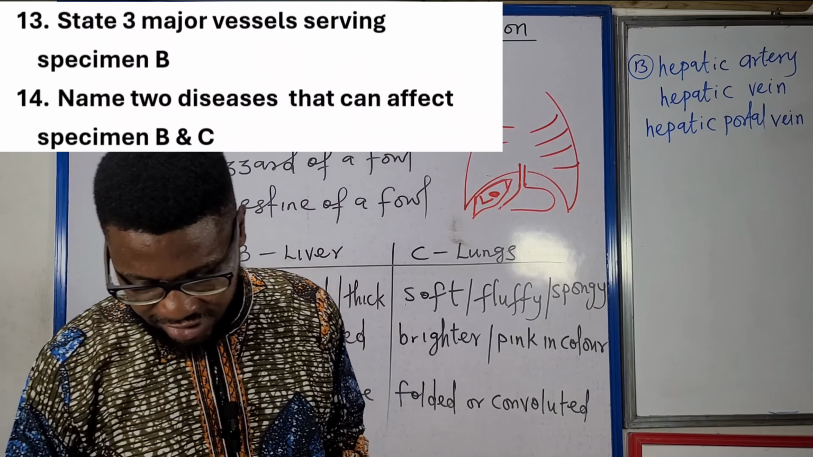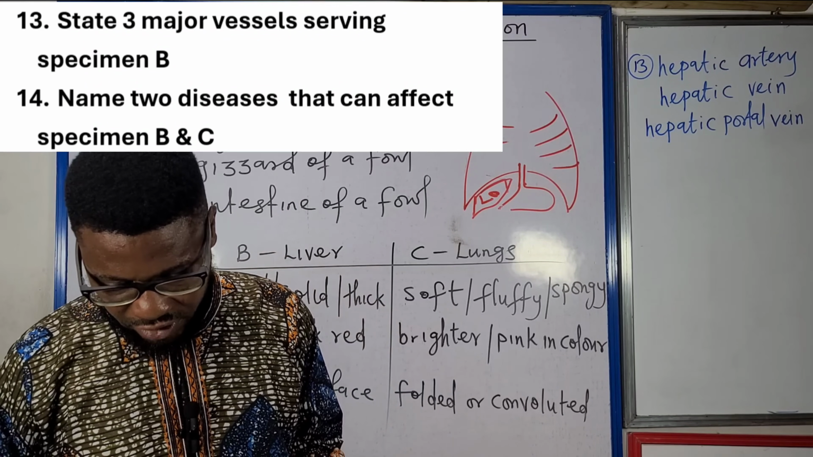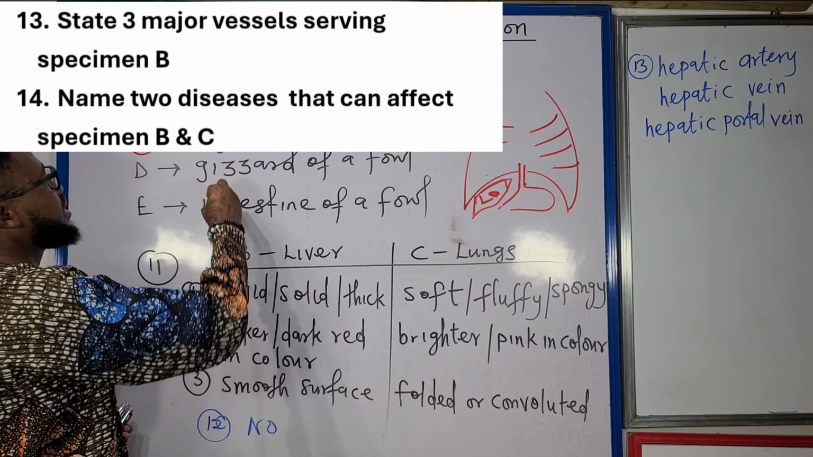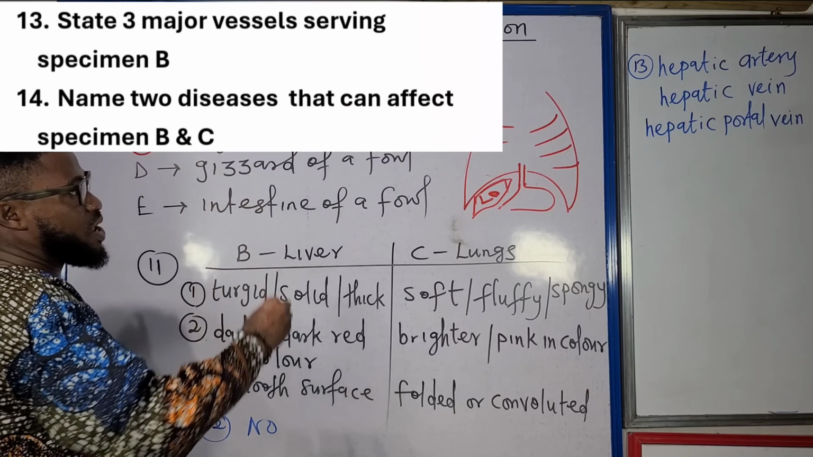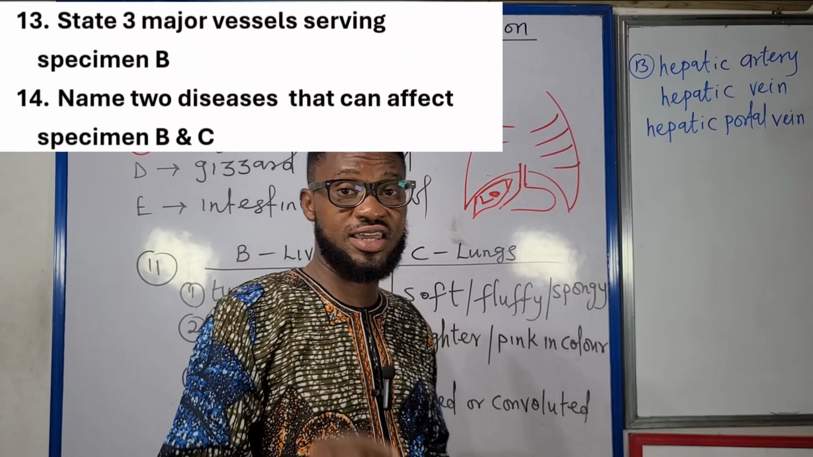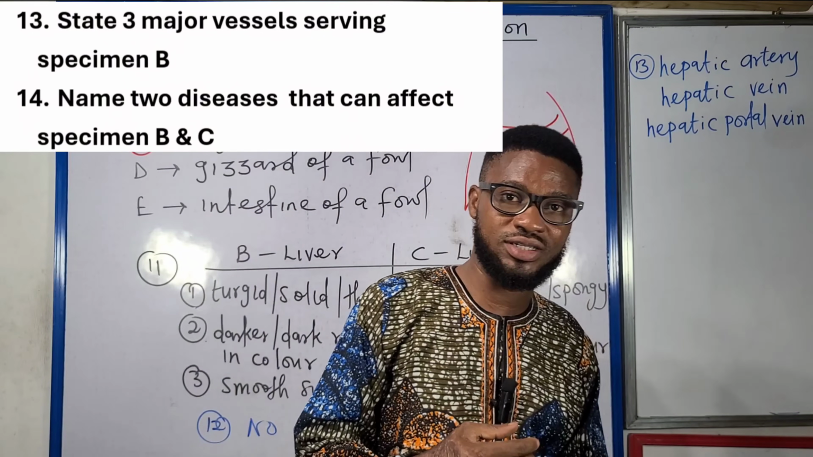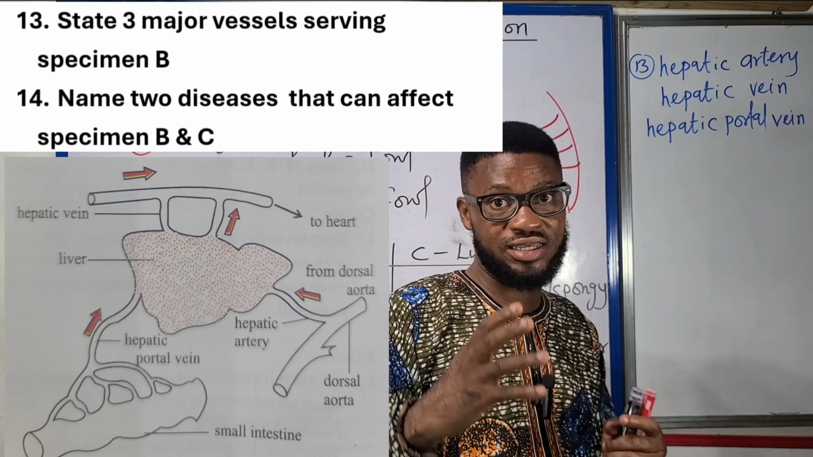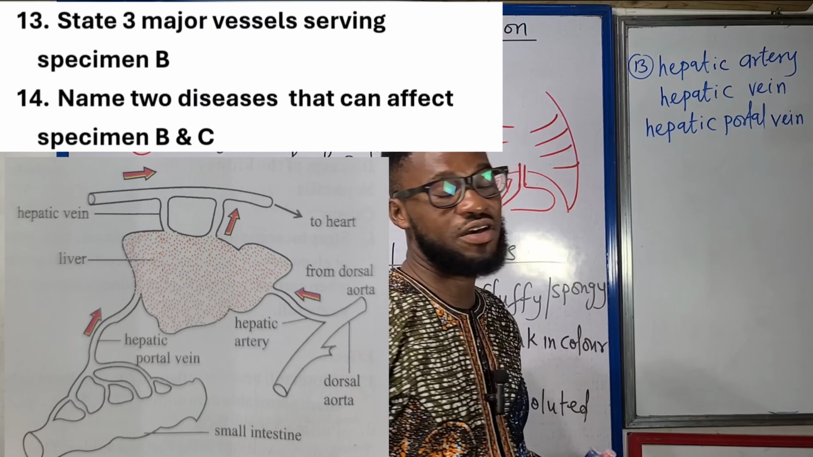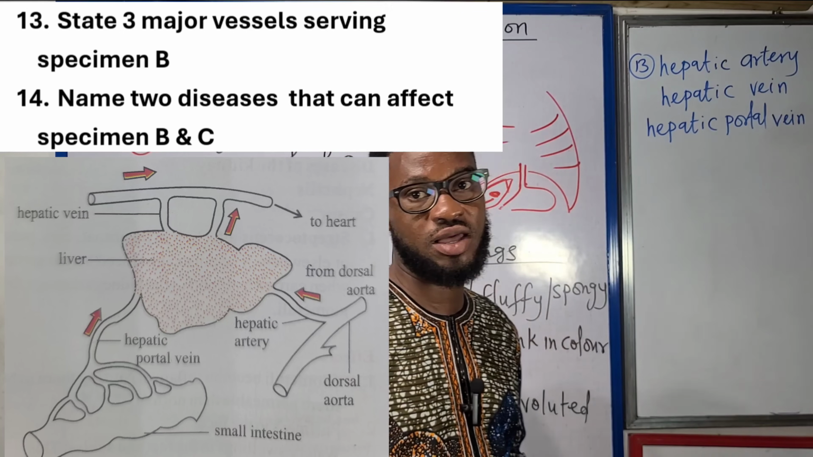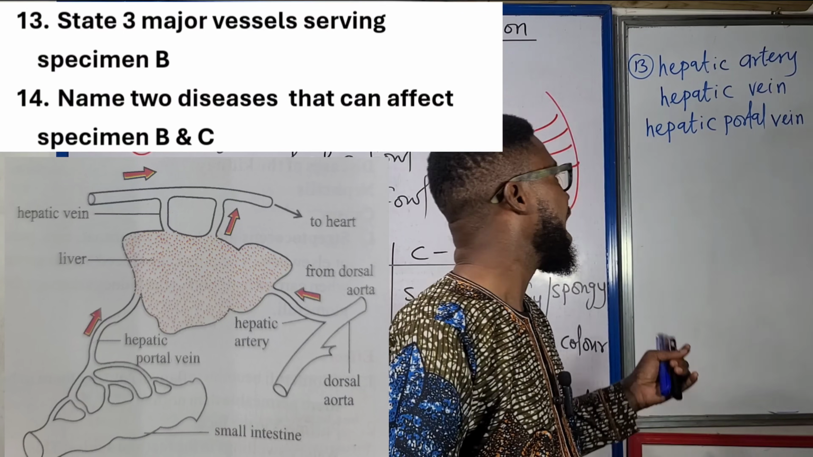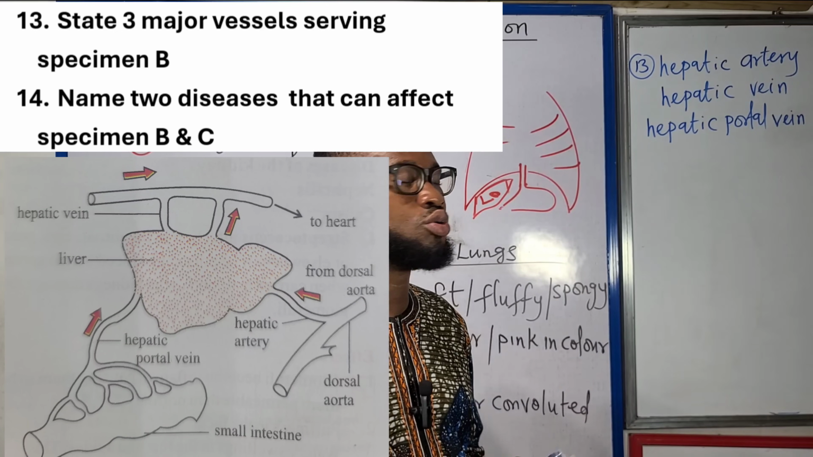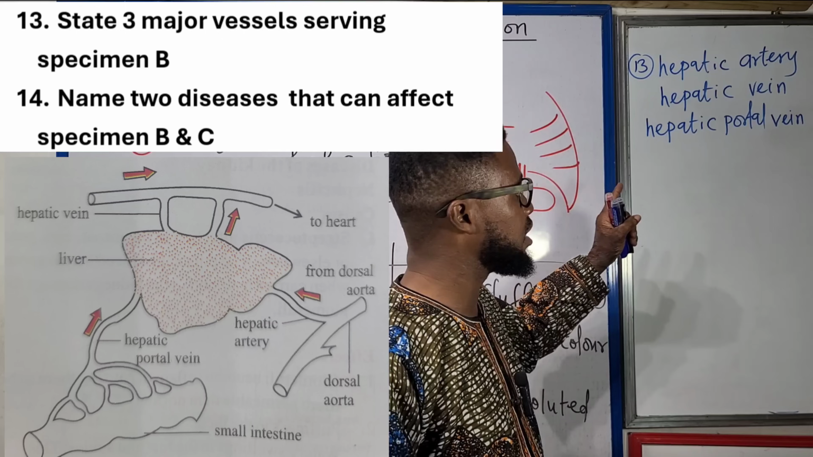Question 13 says we should state three major vessels serving specimen B. That's three major vessels that supply blood to the liver. The first one is the hepatic artery that brings in oxygenated blood from the dorsal aorta, the great artery. And then you have a hepatic vein that takes out the deoxygenated blood, that's blood containing carbon dioxide. And then you have the hepatic portal vein, which is very rich in glucose, that links the liver